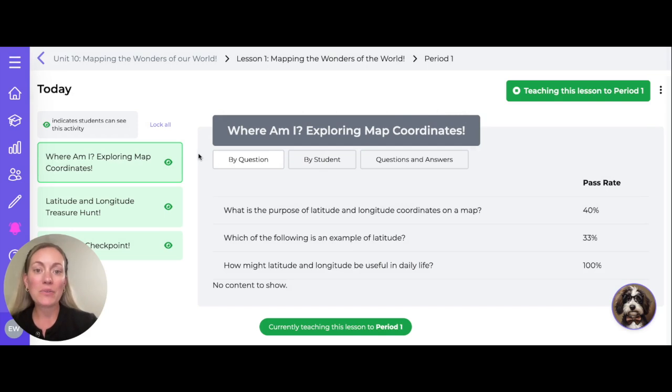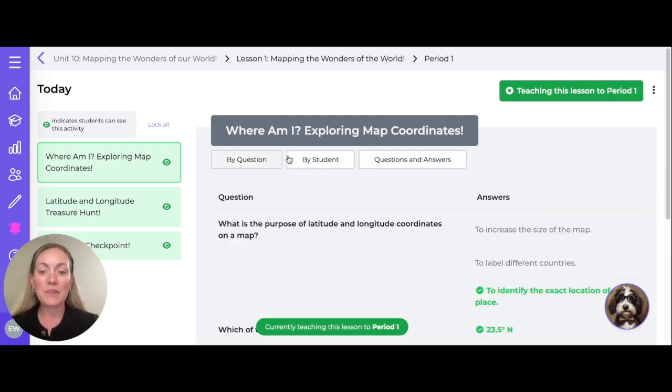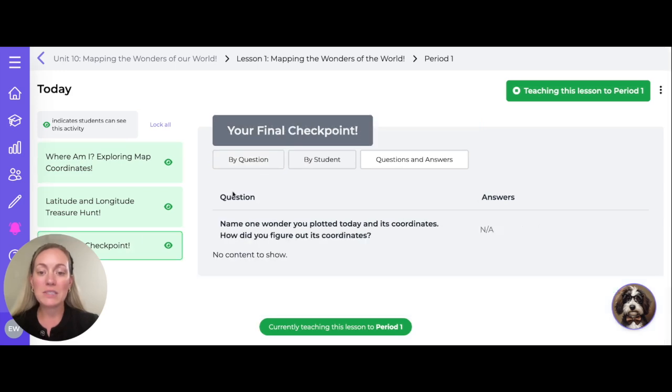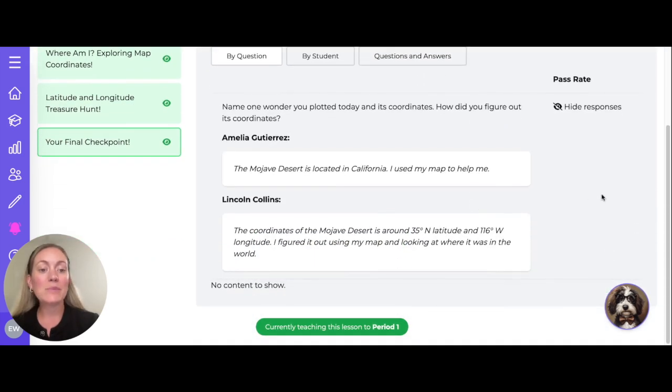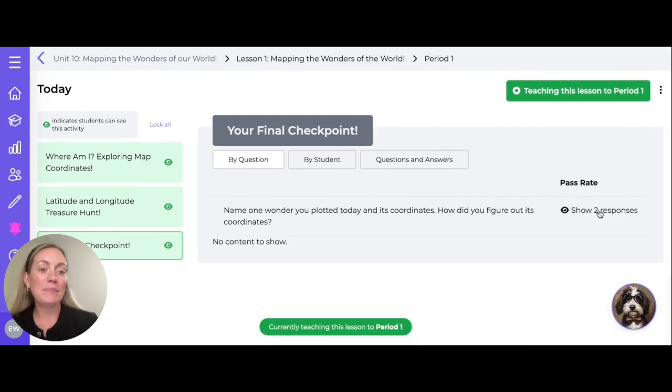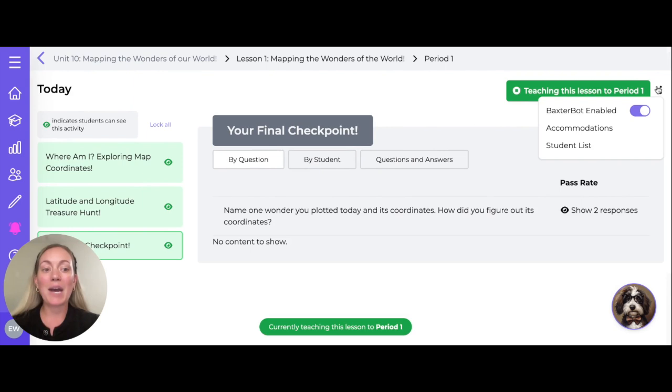You can see all three of my activities are unlocked for my students, but I can quickly lock them all or individually lock and unlock them. As my students respond to assessment questions, I'll be able to see their responses, and I can also see responses here and hide them. Throughout the lesson, I have access to turn BaxterBot on and off for the entire class,